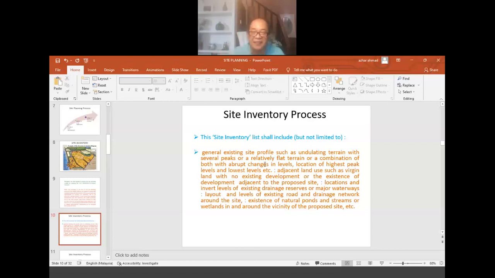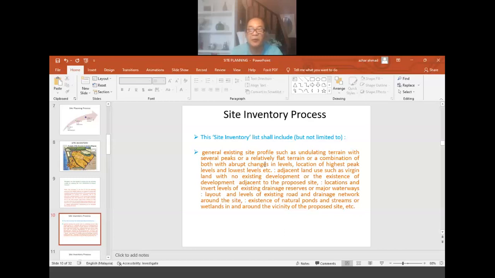Is it undulating, or a relatively flat terrain? Or an undulating terrain with several peaks and several valleys, or a relatively flat terrain, or a combination of both with abrupt changes in levels. So this is the first criteria that we can observe from the given site plan, to look at the contour plan of the overall site and try to understand the natural terrain of the site before any development is to be carried out,